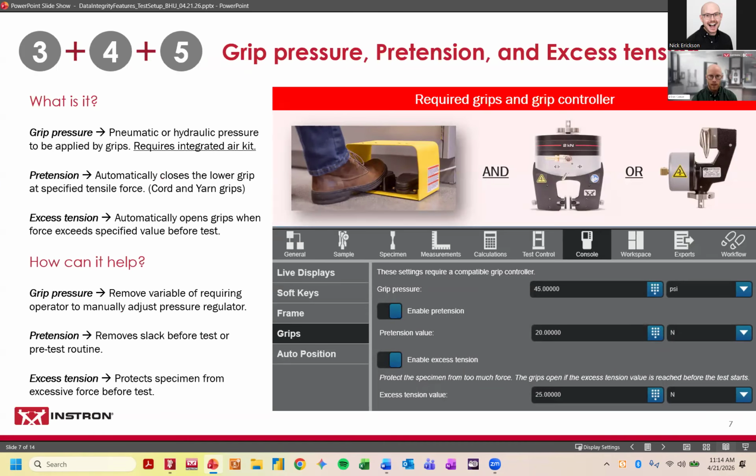The next slide here shows three. So I'm grouping three features together. They all involve gripping pressure in the act of using automatic grips. So this isn't going to be applicable to everyone, potentially like the last couple. But if you do use